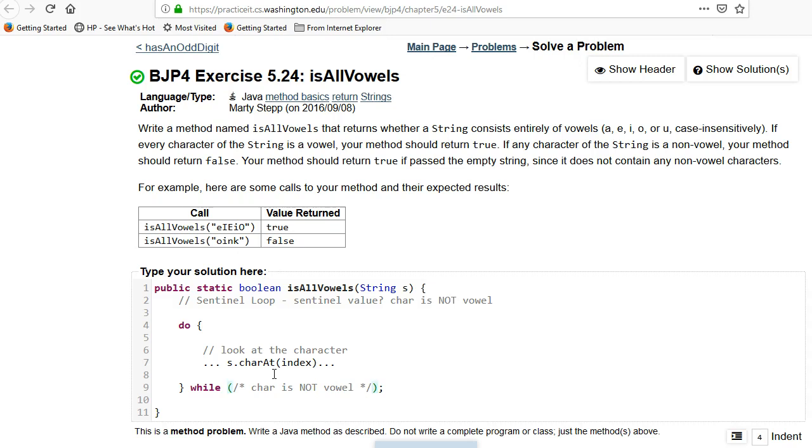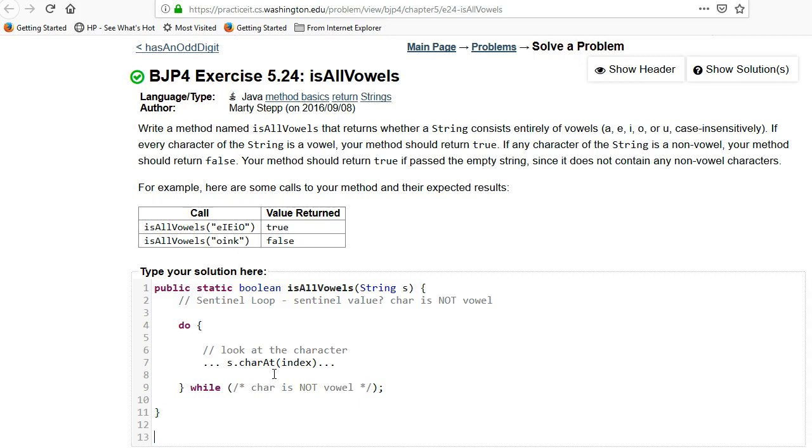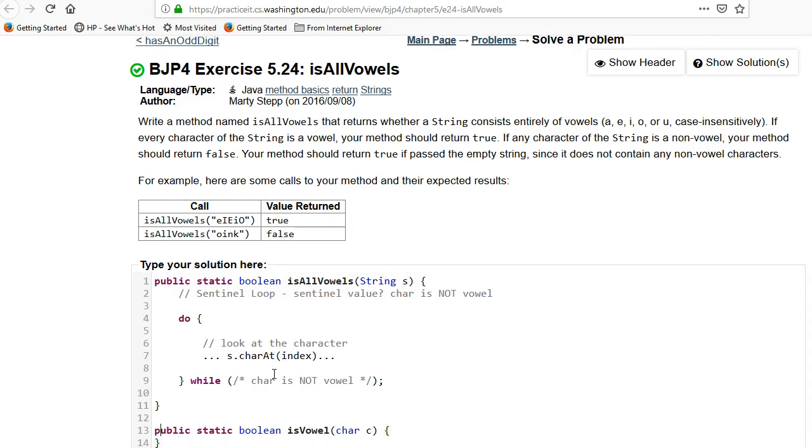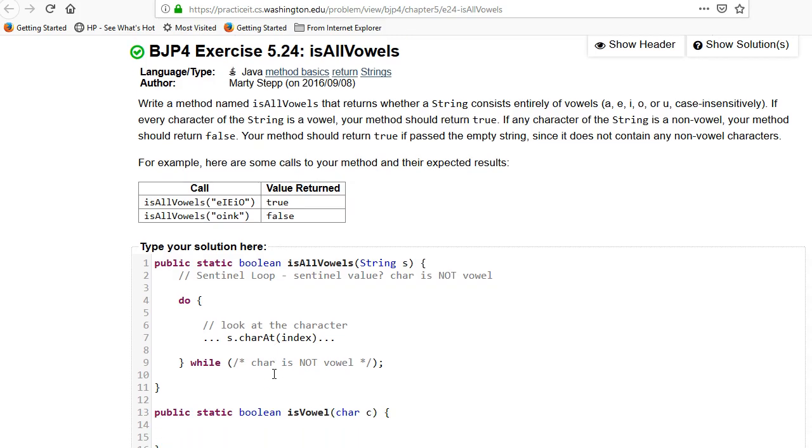That's what we're going to put in here. So you literally could make a function that will test this. In fact, I would suggest you do that. Public static Boolean isVowel, character C, and